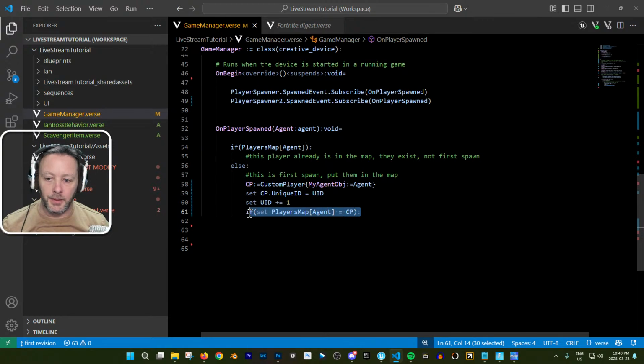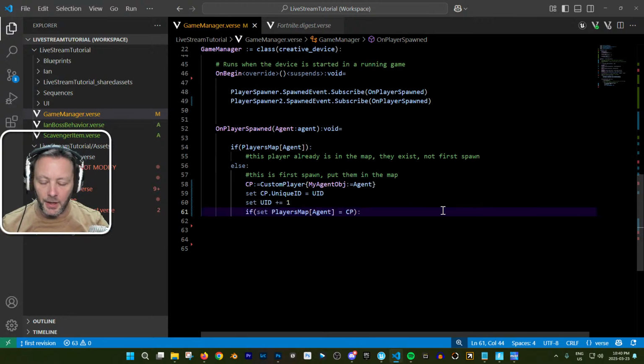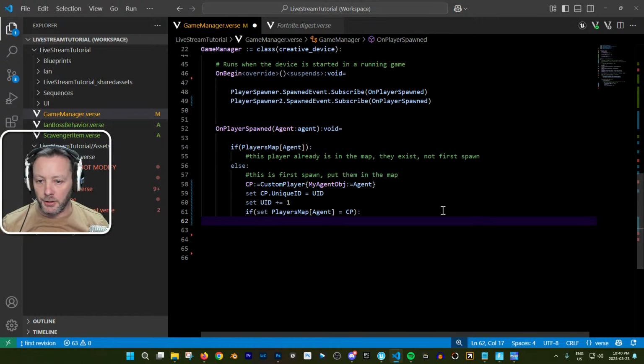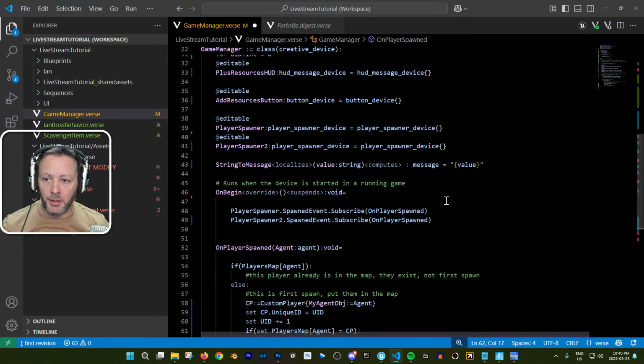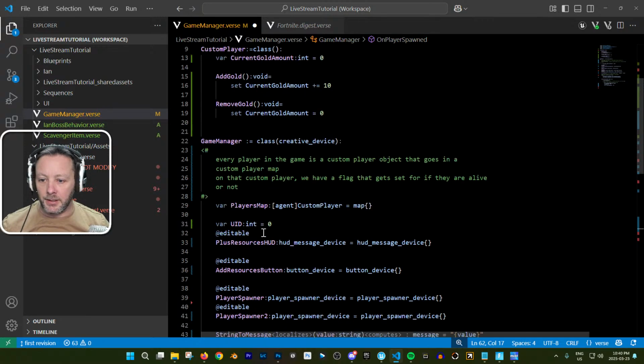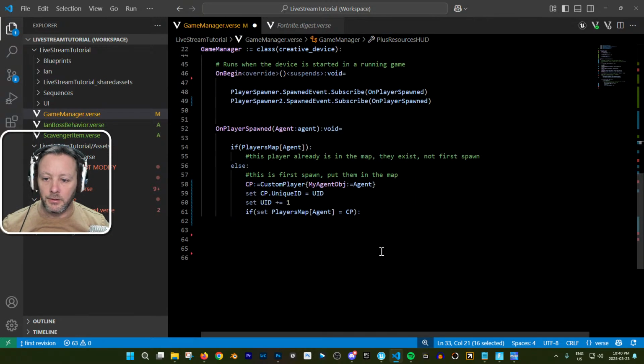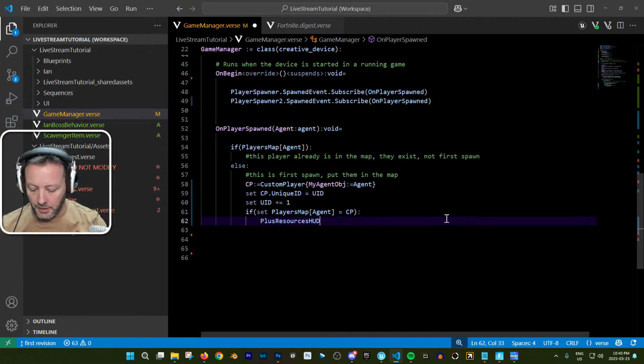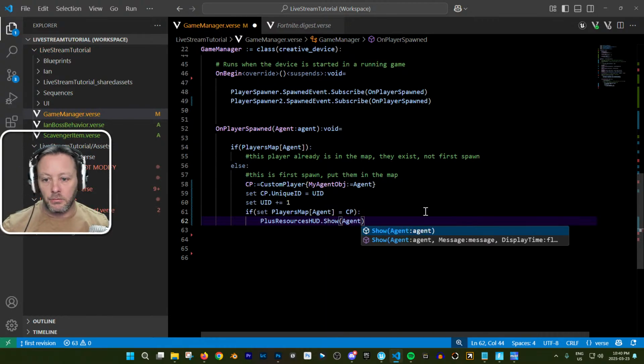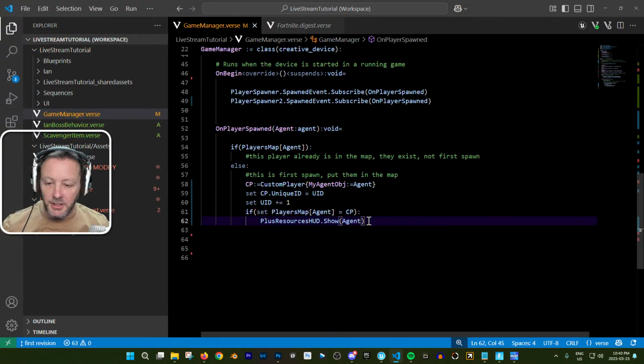in this way. This is not important, but to explain, you guys should already know this. But okay, if this succeeds, which it should, the next thing we want to do is set the HUD to the player. So show agent, just like that. And that's the easiest way to do that. So if we build and run this,